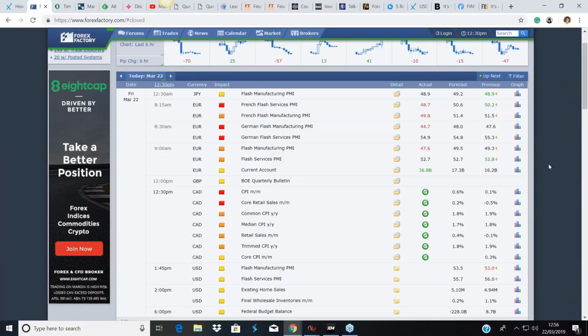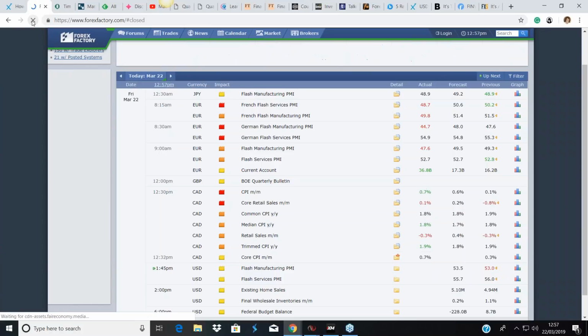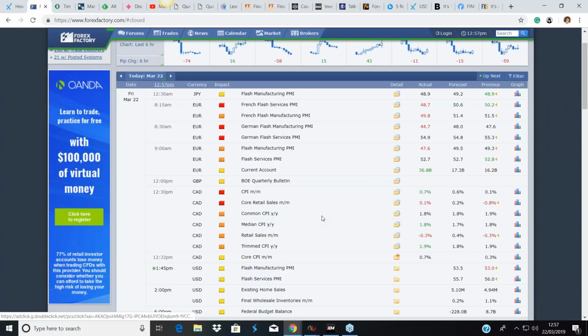And you may have noticed, I haven't even mentioned Brexit, because in some ways it's been taken centre stage by all this. As traders, we can forget what is also going on in the background. And we've also had some Canadian data, which Forex Factory hasn't got, and we'll look at the CAD and see what's going on.